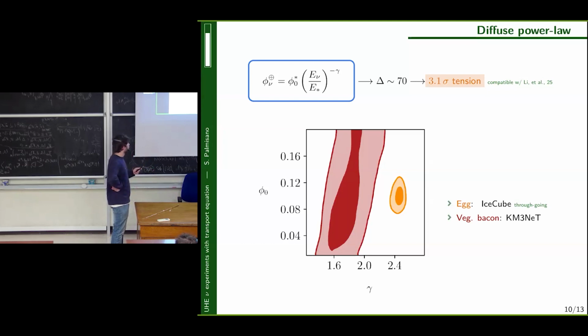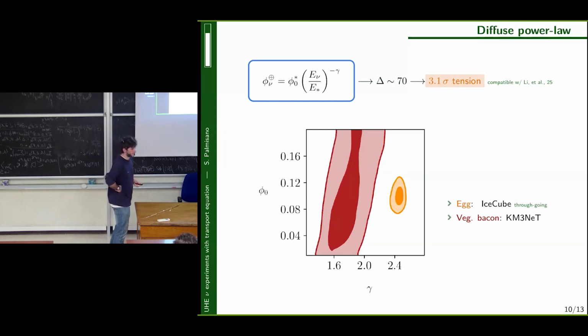And for the case of KM3NeT, there's only one event, which they commented about. The errors here are actually only statistical. We do not include any systematic effects. Well, yes and no. One of the advantages of our approach that I'm going to comment on later is that you can easily take into account systematics, because they're not hard coded into simulations obtained by the collaboration.